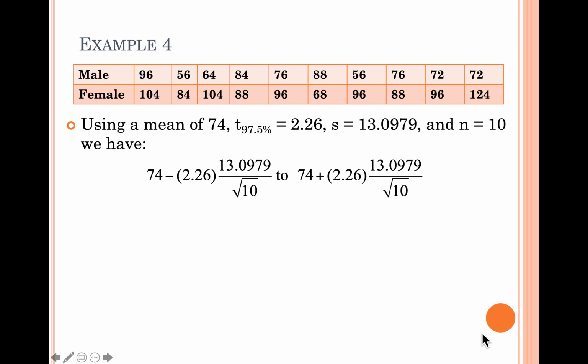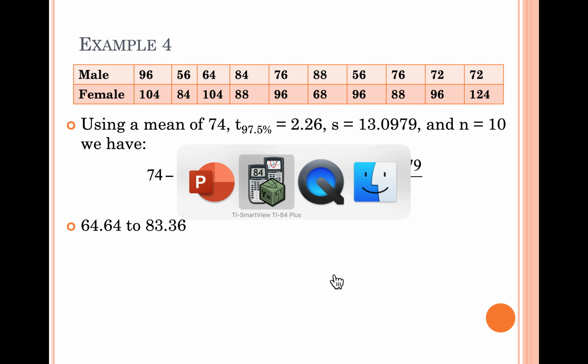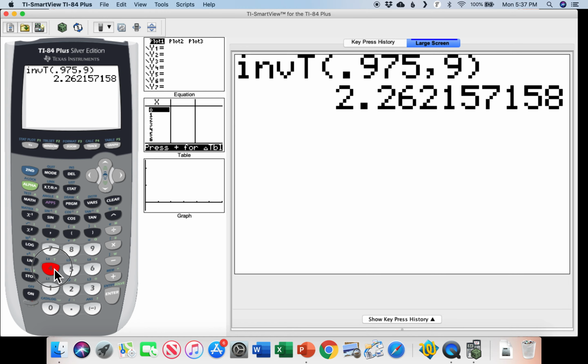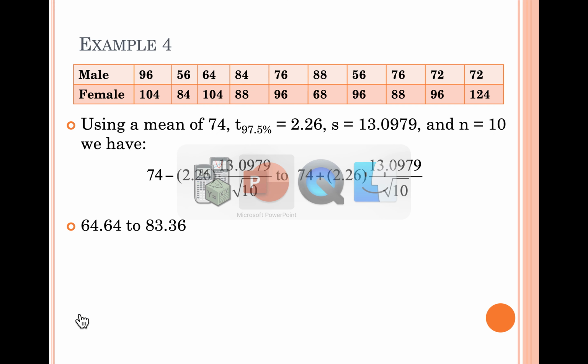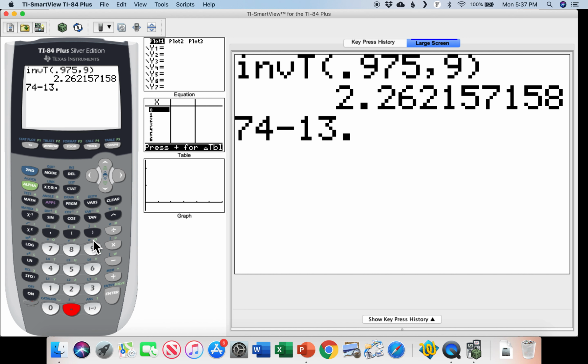And here we go. So there's our formula ready to get calculated with its values plugged in. And when you do that into your calculator, you're going to get 64.64 to 83.36. And I will do that with you now. Let's do 74 minus 13.0979 multiplied,